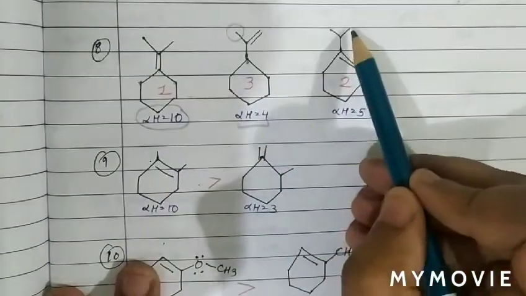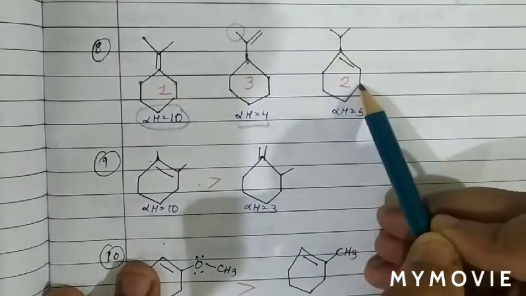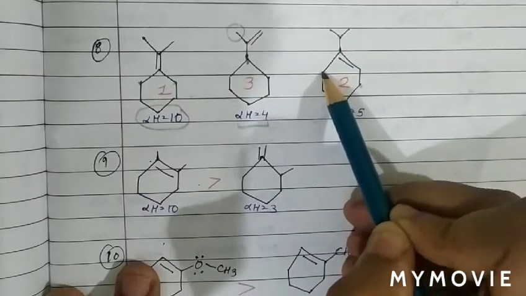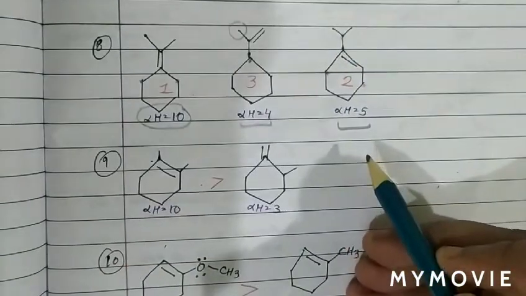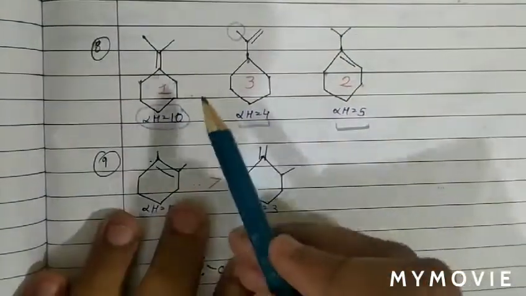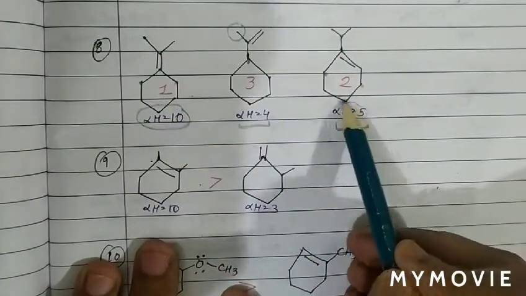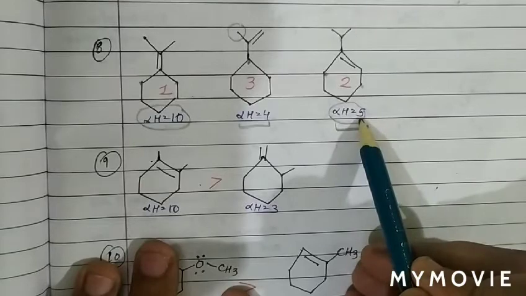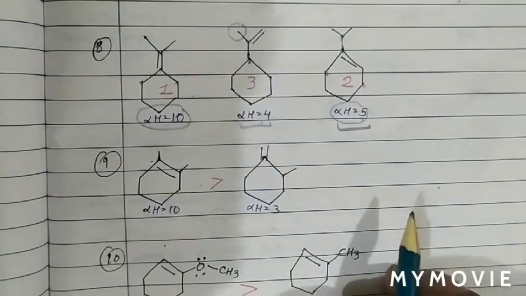Now see, in this case sp2, sp3. So basically 1 alpha hydrogen, and here 2 alpha hydrogens, and also there 2 alpha hydrogens. 2, 2, 4 and 1, 5. So 5 alpha hydrogens are there. When we compare the stability of alkenes, the most alpha H means the most stable. Then second in stability is the one with 5 alpha H, and third is the one with 4 alpha H. So this is the order of stability.